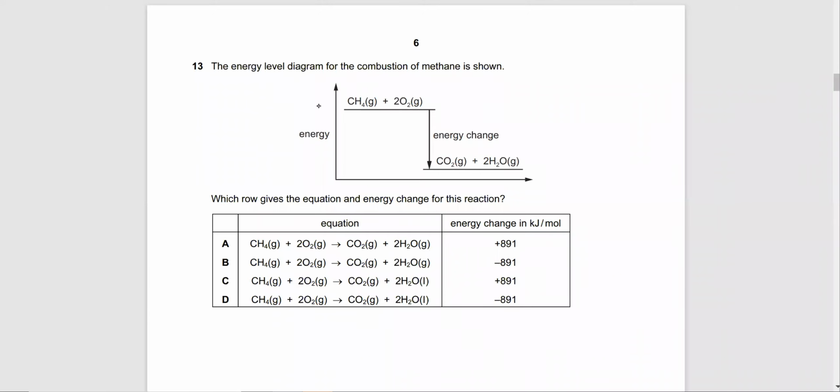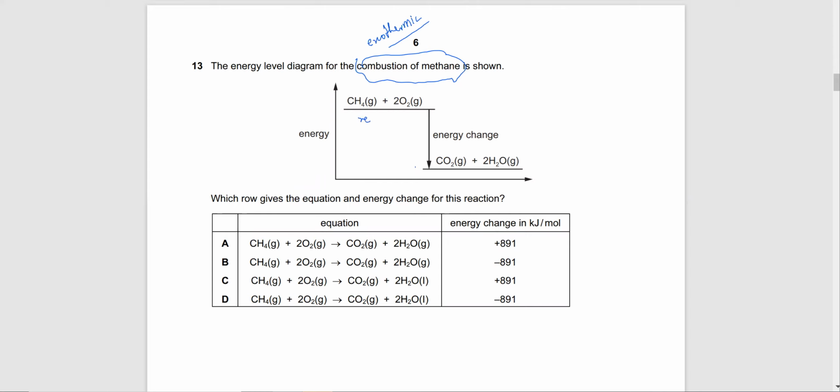Now, this question states that the energy level diagram of the combustion of methane is shown. As you know, combustion is always an exothermic reaction, okay? It's an exothermic reaction. Energy is always released. It's always going to release energy. Also, the diagram shows that